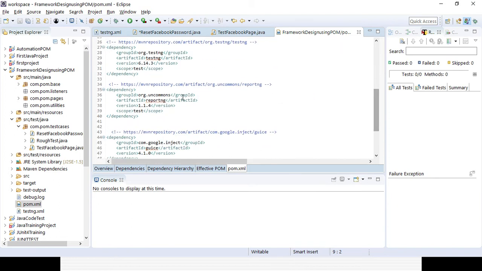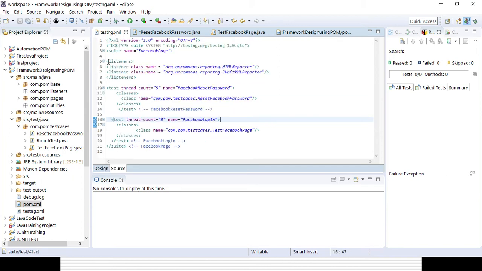One is the report-ng with group id org.uncommons, and one is Guice, with group id com.google.inject. After it's imported, in the testng XML file we added two listener classes. The first is HTMLReporter and the second is JUnitXMLReporter, and the package name for both classes is org.uncommons.reporting.